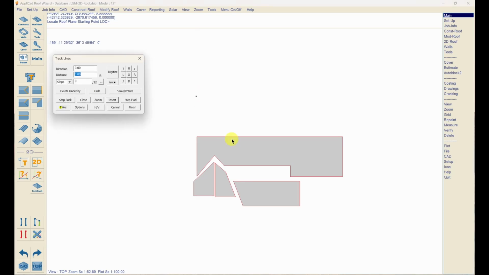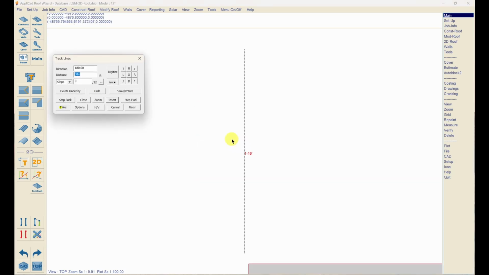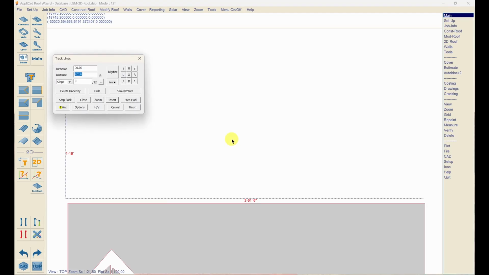We might come down 16, and then right the ridge length 61 foot 2, 61 foot 6, and then up 8 foot 6, and then left 53. Just a little tip, 6 inches is half a foot, so you could actually go 0.5 if you wanted to, and it does the same thing. And then extra close there,